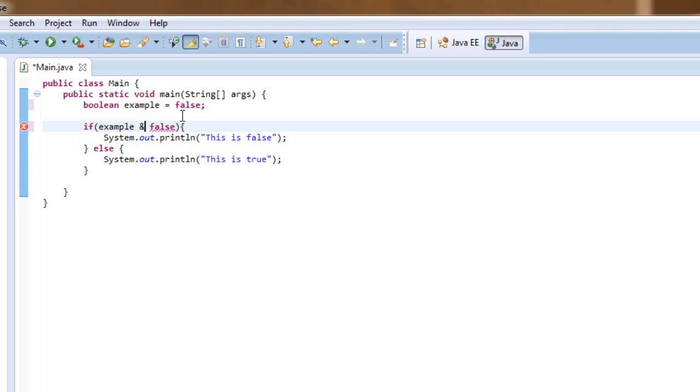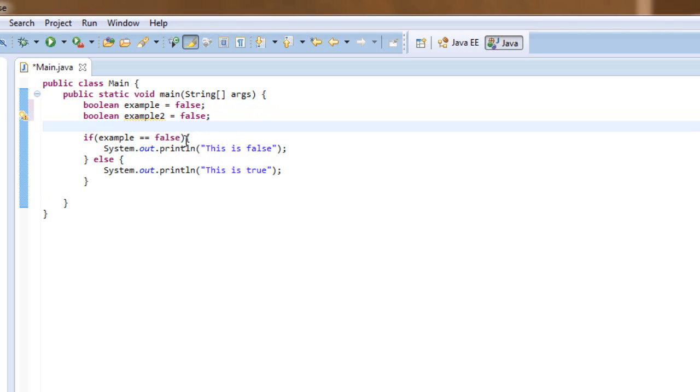And would not necessarily work in this statement, and I'll explain why right now. The only ones I just showed you will work. So before I explain that, let's set this to equals equals again. Now I'm going to make another Boolean called example2, and I will set this to false. Now we can use the and operator right after this. So before I explain, let's type and